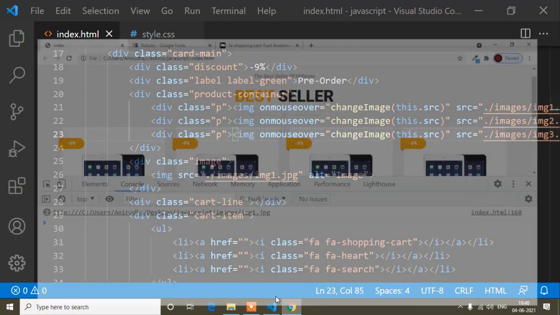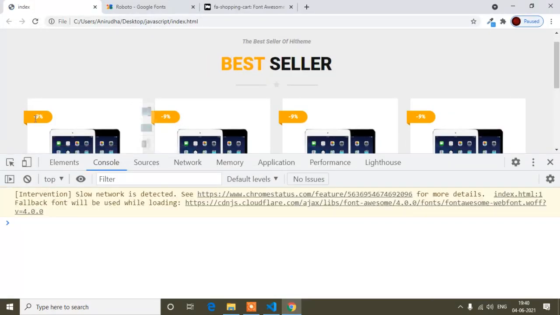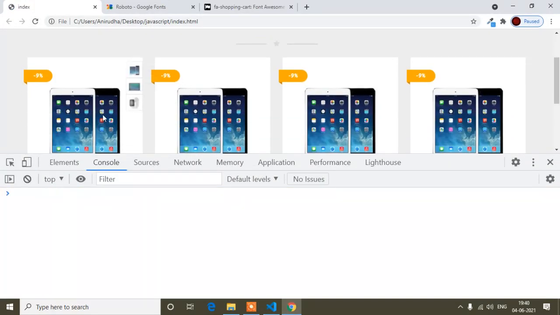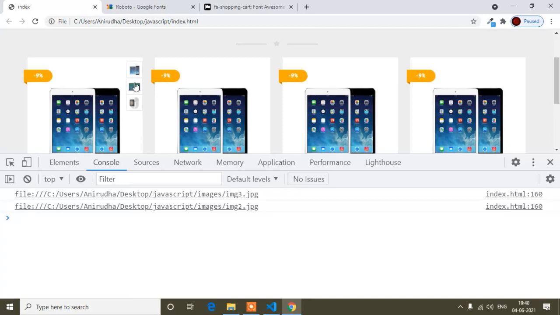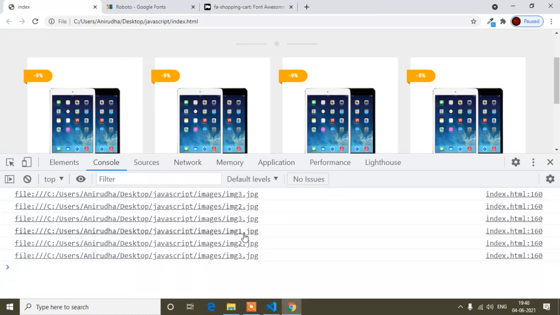Now if I save and refresh, when I hover on the last one, I am getting the source of the last image. When I hover on the second, I am getting the second image. When I hover on the first, I am getting the first image.